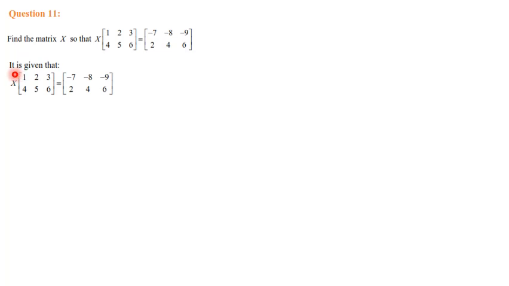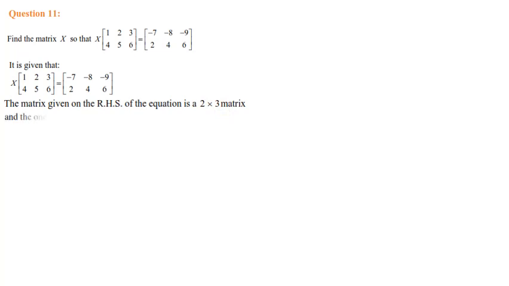First and foremost, we have to find the order of this matrix X. In which order must the matrix X be, so that this X and the matrix 1, 2, 3, 4, 5, 6 can be multiplied and we get this as the answer. So we first calculate the order of the X matrix. The matrix on the right hand side has an order of 2 by 3, meaning 2 rows, row number 1 and row number 2, and 3 columns: first column, second column and third column.